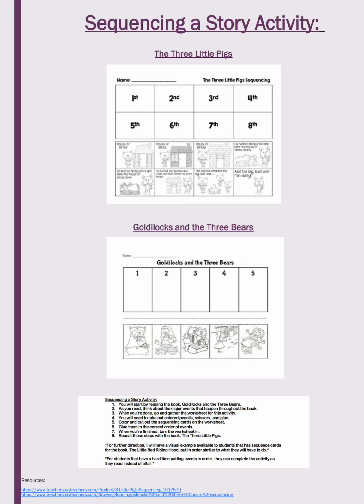Students will start this activity by reading 2 books. They will first read The 3 Little Pigs. At this activity, there will be a worksheet that has sequencing cards on it for students to color and cut out. Once they cut it out, they're able to glue the cards in the order that the events